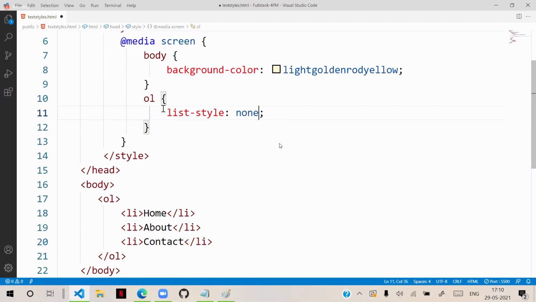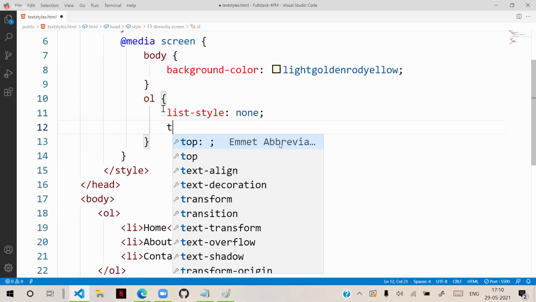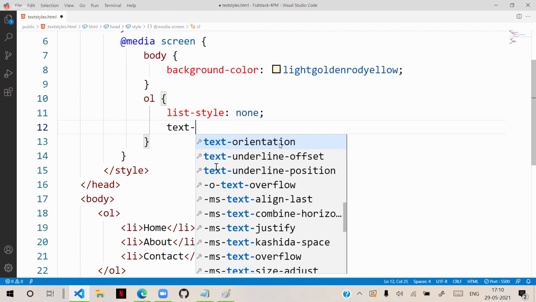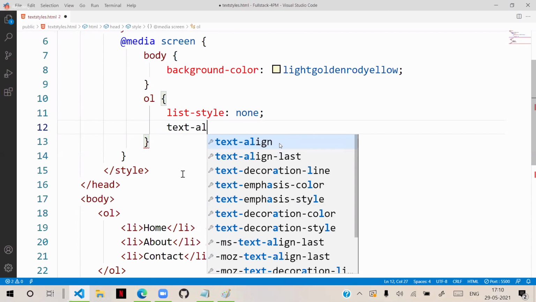And I want the text align to be center. This is how I want it displayed when watching on screen.